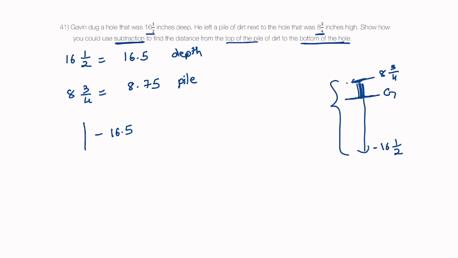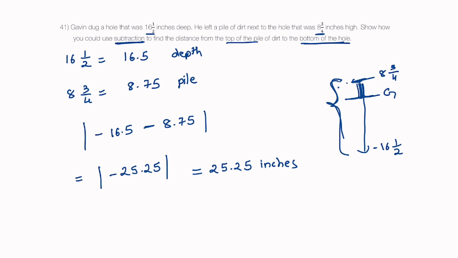16.5, that's minus because that's the depth, and then you minus the top, which is 8.75. So what does this result into? That is minus 25.25. And because it's distance, we have taken absolute value. This becomes 25.25 inches. So that's the distance. This total distance is